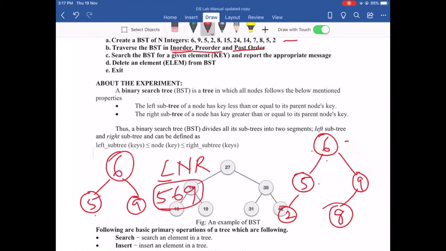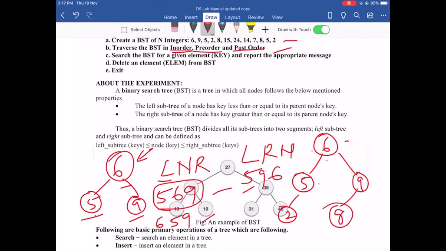If it is pre-order, the node or the root or the parent will be visited first, then the left, then the right. So 6 will be visited first, then 5, then 9. Post order is left first, right, then the parent. So left is 5, right is 9 and the parent node is 6. So these are the different orders in which you can visit a tree.